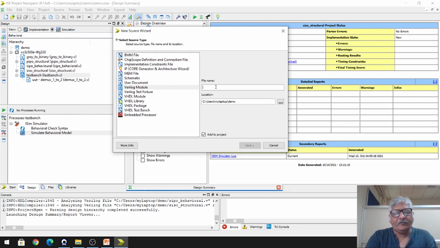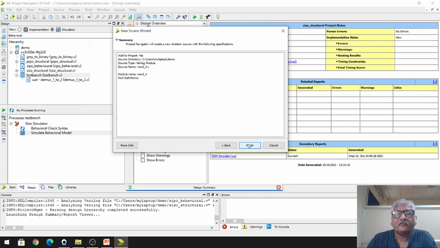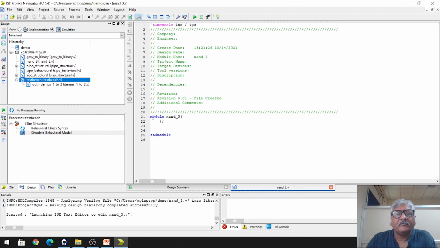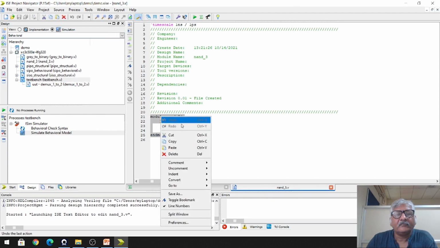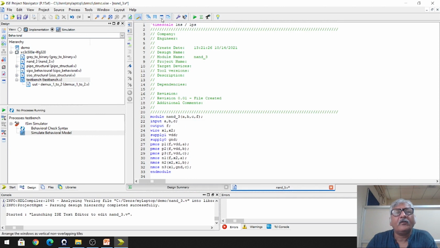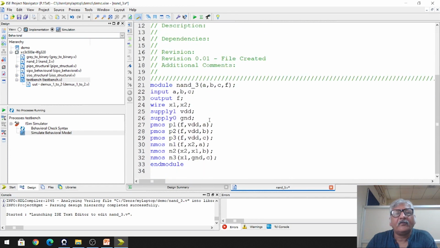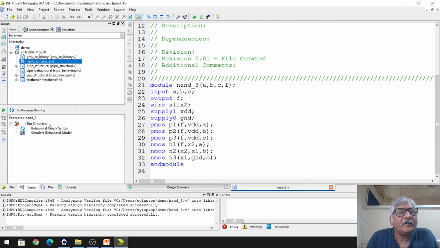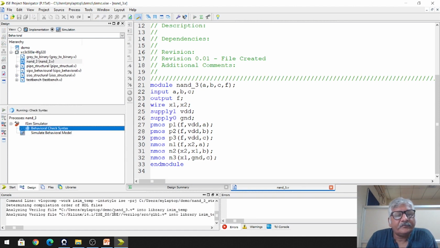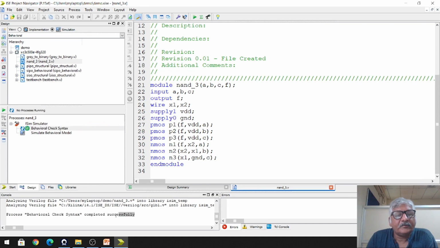I will select here, and name is NAND_3. Okay, this is a code. Right? So this is a code of 3 input NAND gate. Okay, I will save this. I will check the syntax. So there is no error in the syntax.